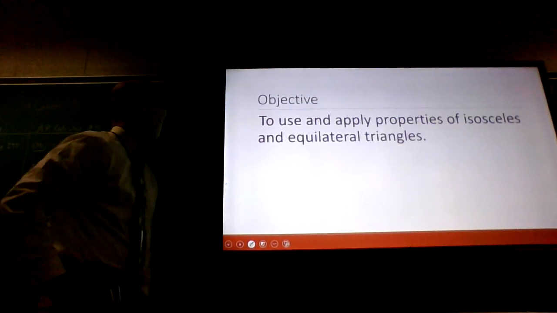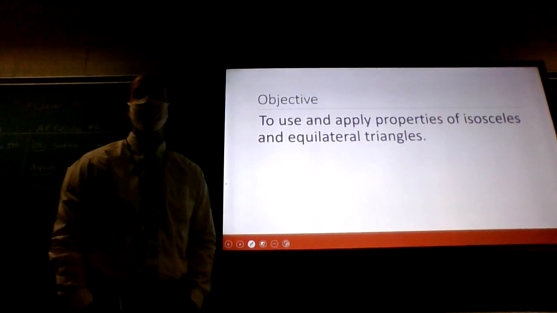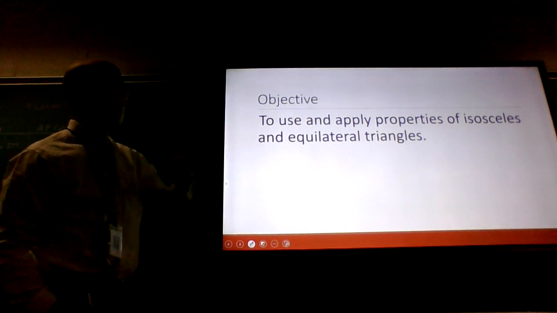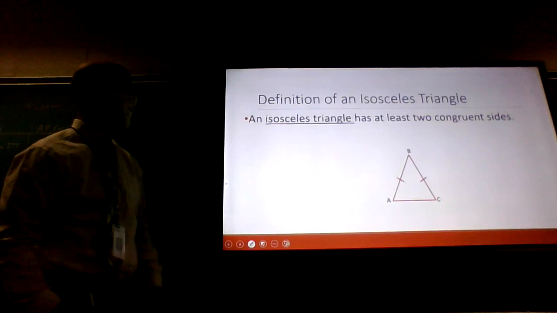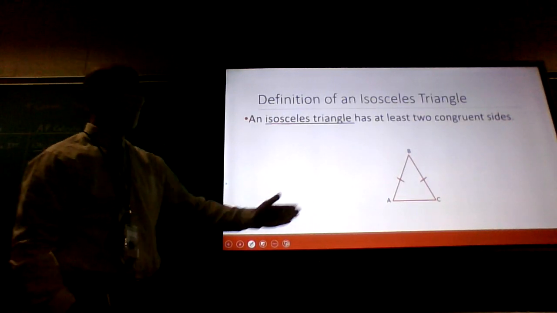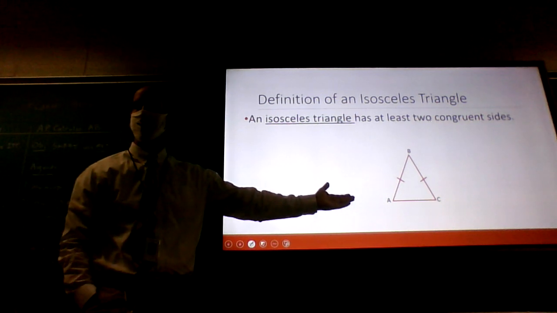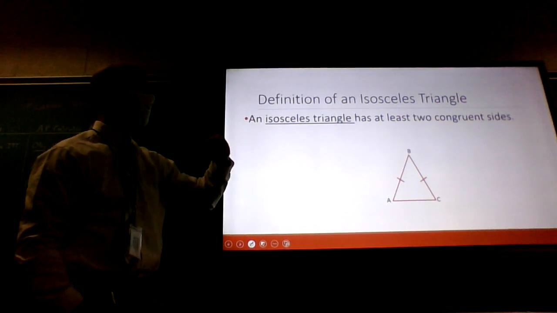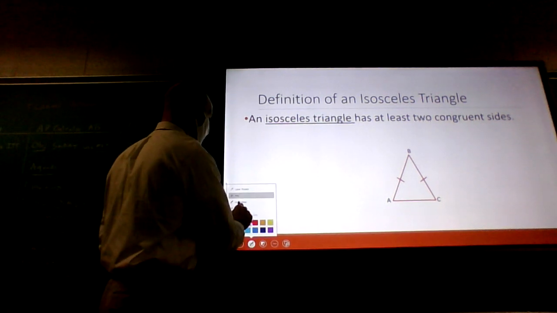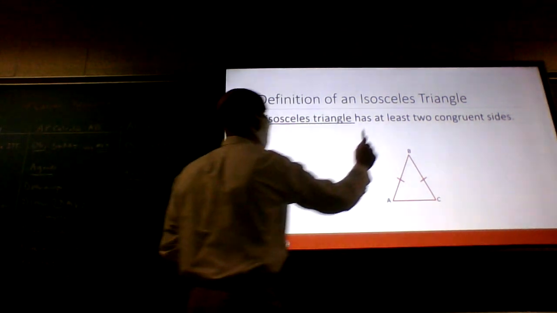Okay, guys, today we're going to look at isosceles and equilateral triangles. So we want to basically use and apply properties of those two things. First, let's talk about what an isosceles triangle is. You guys are probably familiar with seeing triangles like this. An isosceles triangle is a triangle with at least two sides